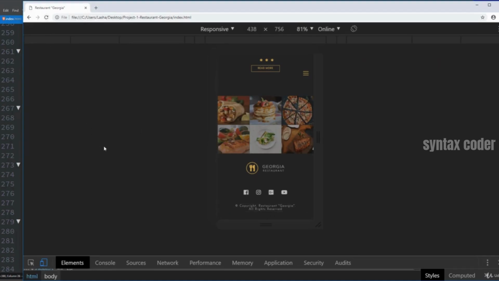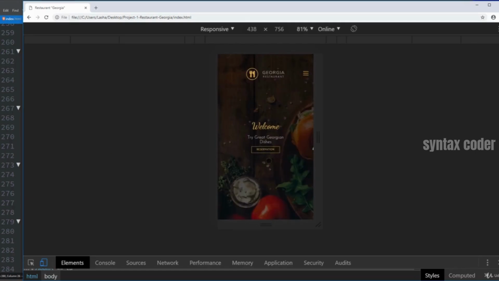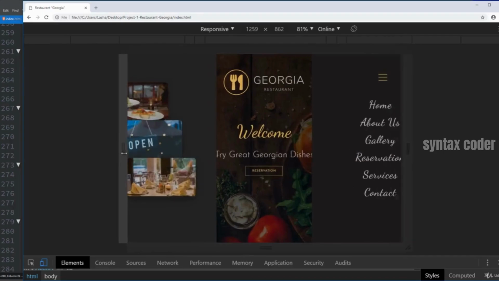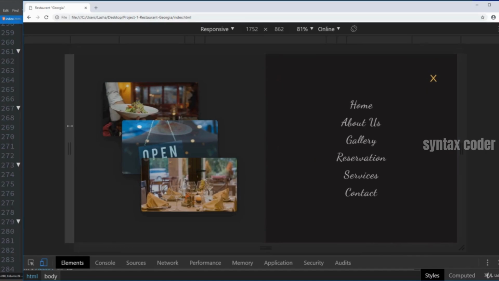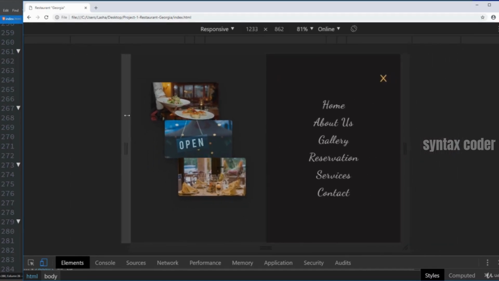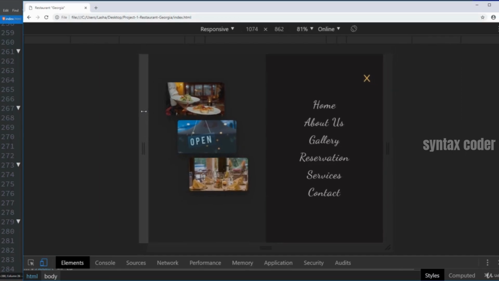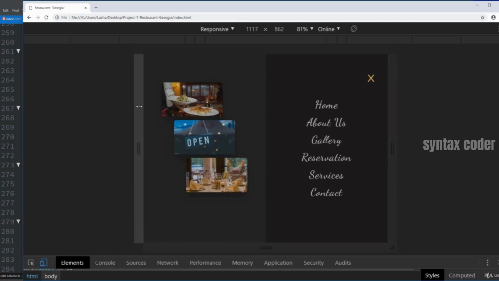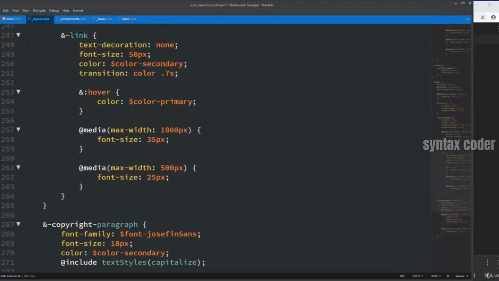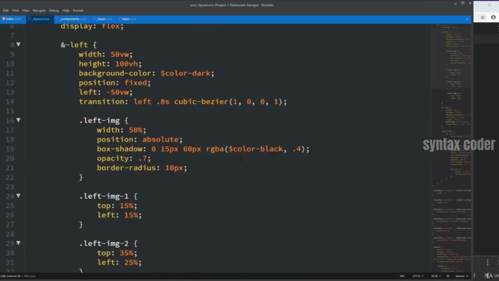Alright, that's it. Actually, all these sections are responsive on all screen sizes, and the last thing that we have to do is to make navbar responsive. In case of navbar, we need to start from larger screen sizes. Let's go ahead and find first breakpoint on which we need to make some changes. I think after 1300 pixels, we need to increase width of images slightly. For now, they take up 50% of the left part, and it will be better if we increase and make it, let's say, 55%. Navbar is a part of layout file, so let's go ahead and inside left